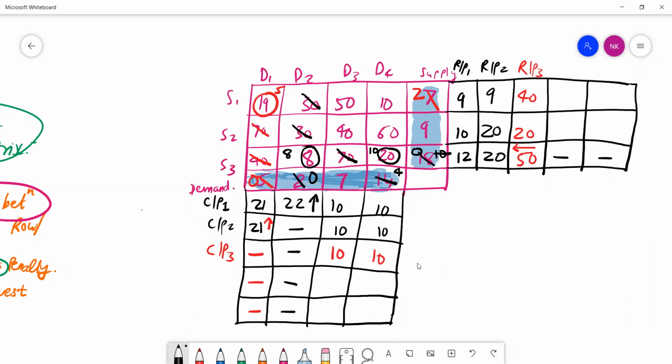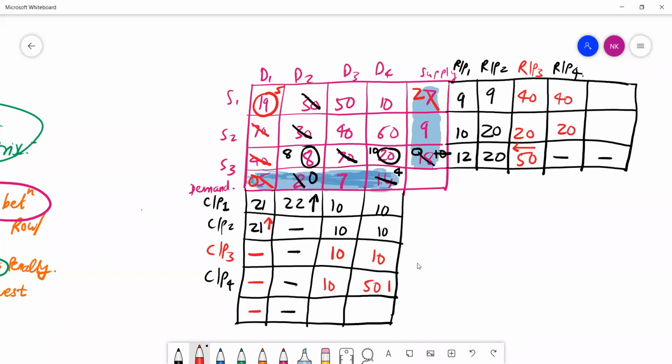Okay, continue the process for the fourth penalty column and for the fourth penalty row. So what could be the answer for the fourth one? First and the second columns, the same thing, blank. Third column, 50 and 40, so it's 10. 10 and 16, now it will become 50 because this 20 has been allocated. In the row penalty, 50 and 10, so it's 40. 40 and 60, it's 20.